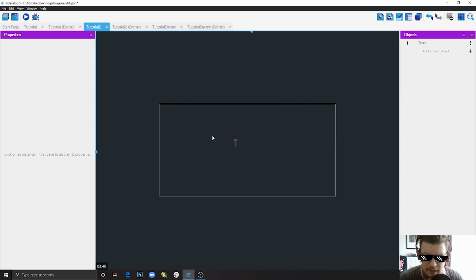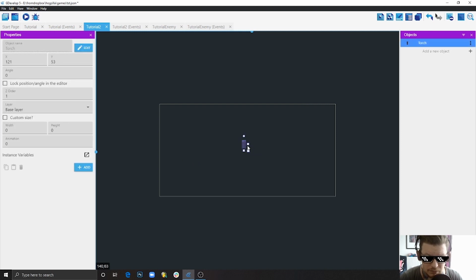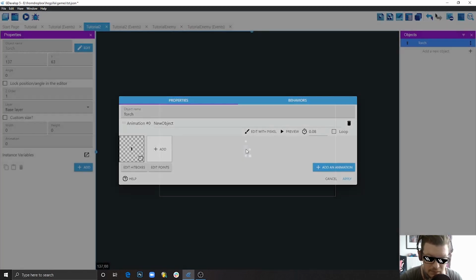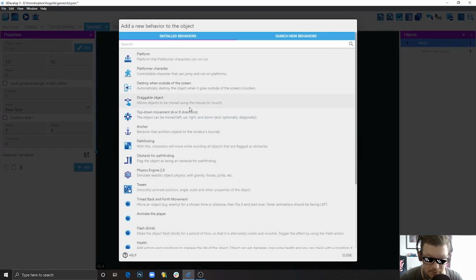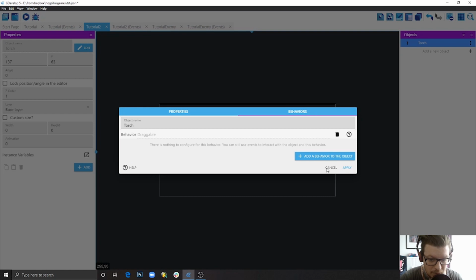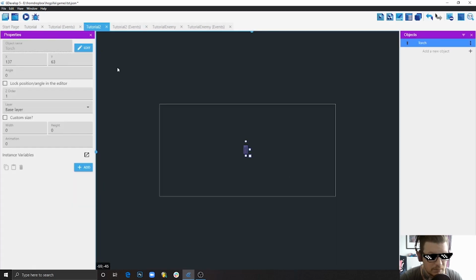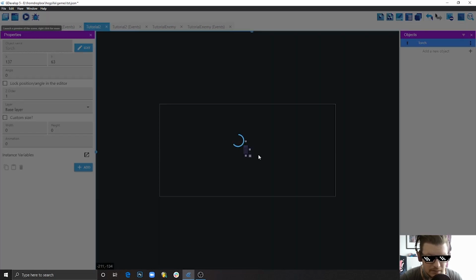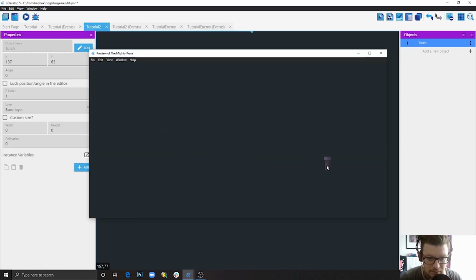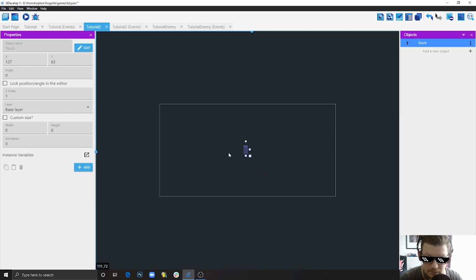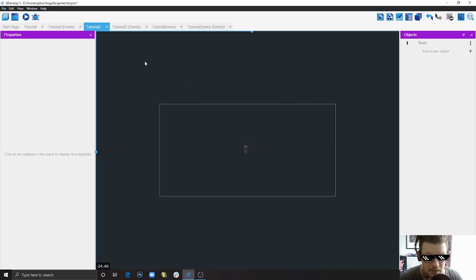Next thing I need to do is, for this specific example, I want to move this torch with my mouse. So I'll double click it, go to behaviors, add a behavior and choose draggable object. That's cool, let's test this and see if it works. Okay, we can drag our objects here and there. So next thing we need to do,